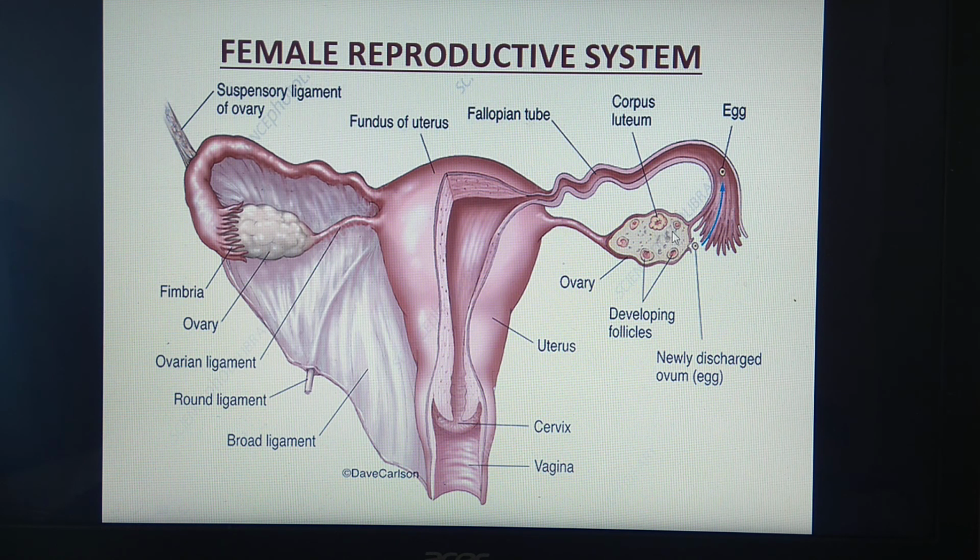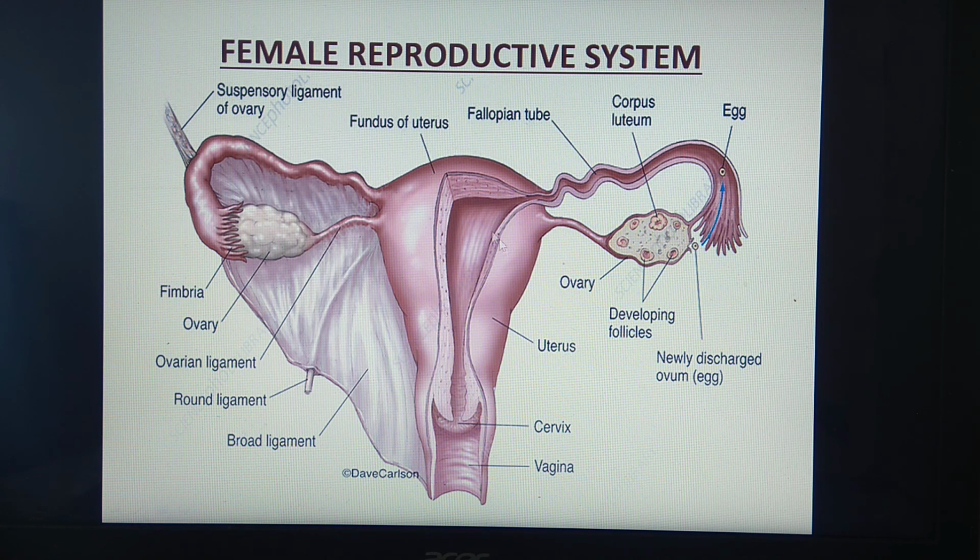Second, the fallopian tube has 3 parts: the infundibulum, the ampulla and the isthmus. A characteristic feature of the infundibulum is finger-like projections called fimbriae. The opening present here is called the ostium. The released ovum can move towards the fallopian tube through the action of the fimbriae and because of the ciliated epithelial cells present in the fallopian tube. The ampulla is the site for fertilization, and the isthmus opens into the uterus.